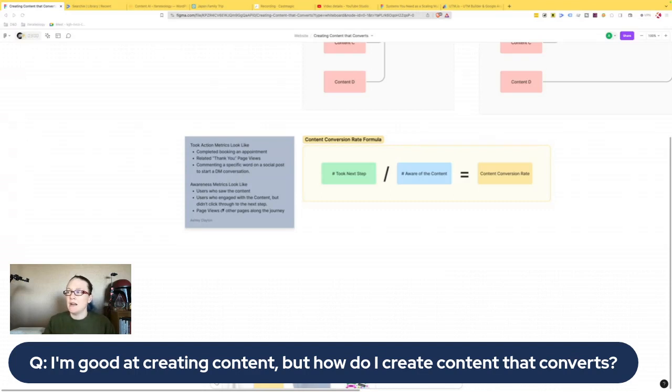And it can also be page views along the journey. Because if you've got a blog post that leads to an opt-in page that then leads to the thank you page, they haven't really completed that journey until they get to the thank you page.